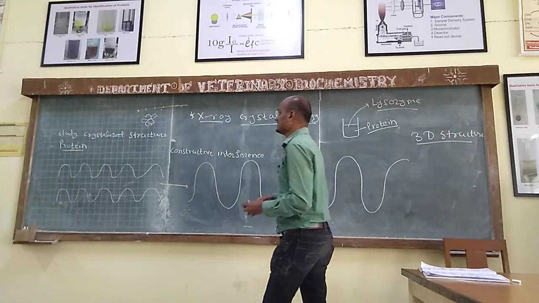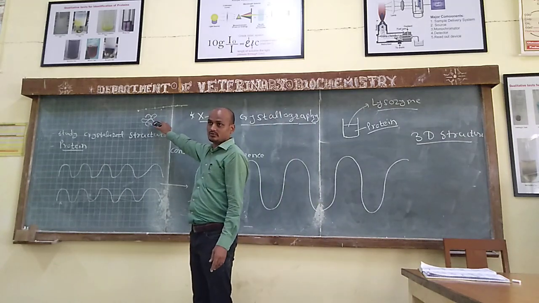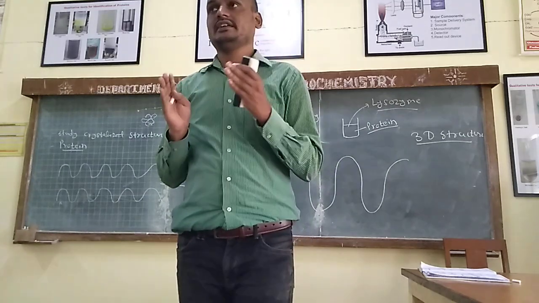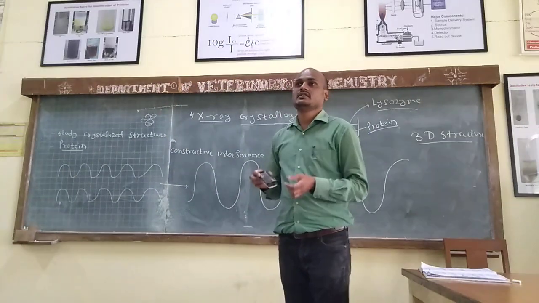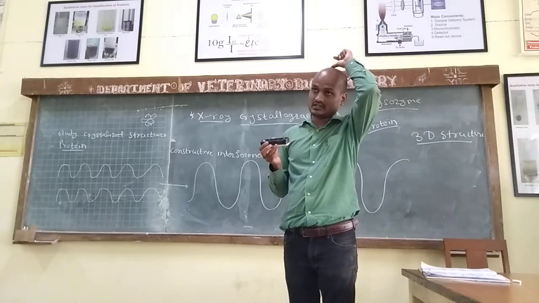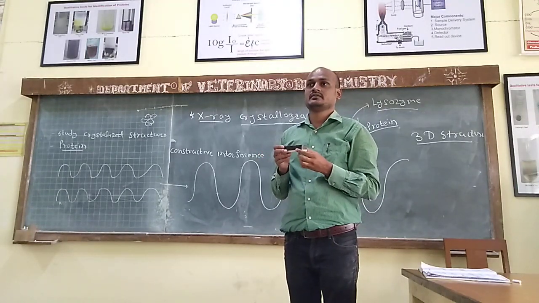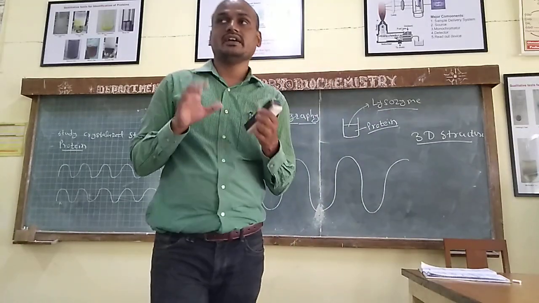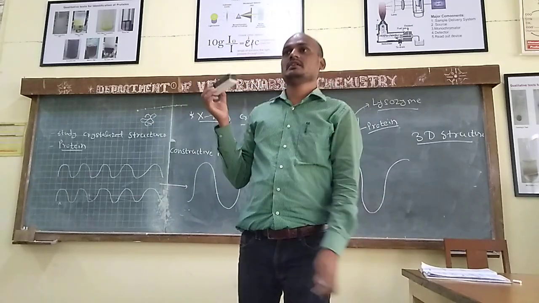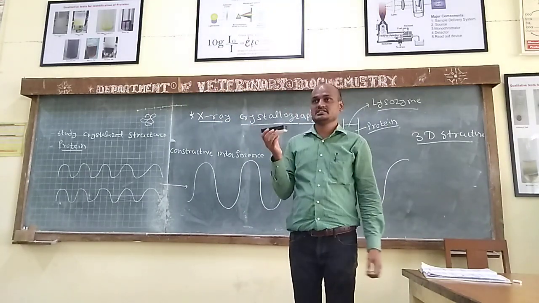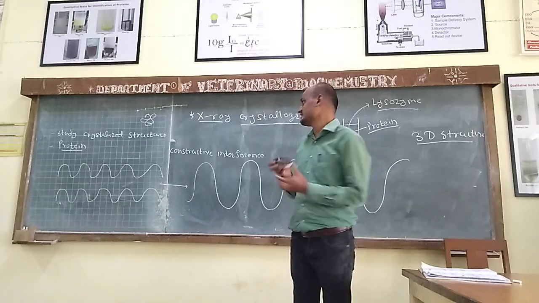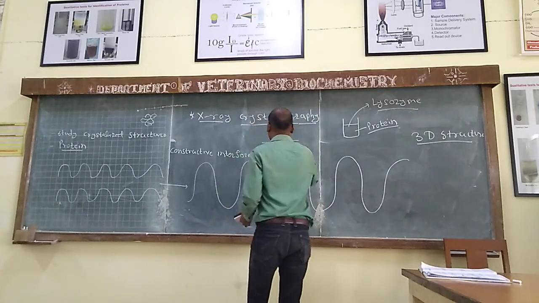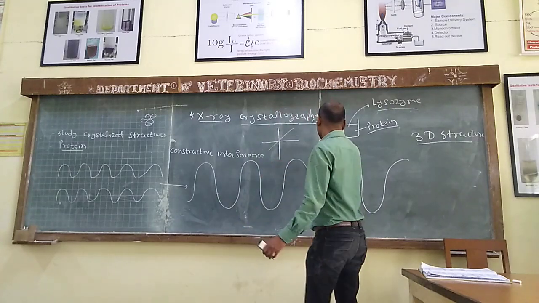Now we want to determine this structure, the three-dimensional structure of the protein. So how to determine its shape? Whenever we say shape, what things do we consider? Interaction between molecules, carbon, nitrogen, like that. But when we say this duster has some particular shape, we consider its dimensions, like X, Y, Z. This is one plane, if there is a Y, Z axis, then a third plane. So when we say a box,